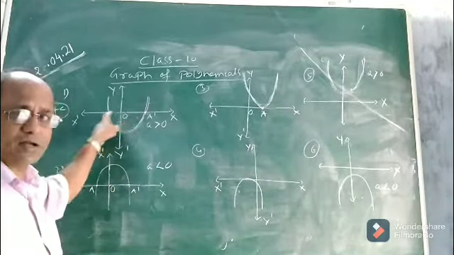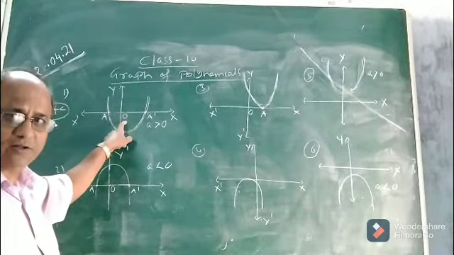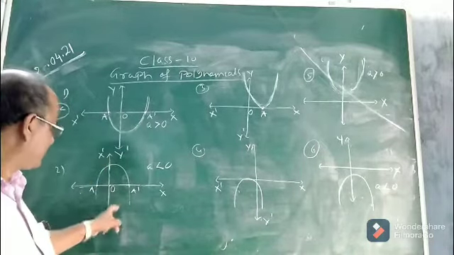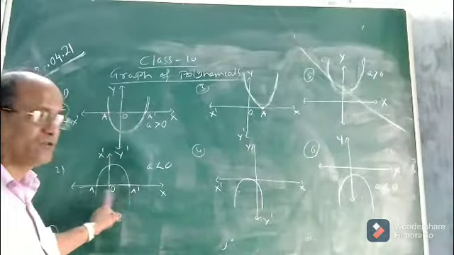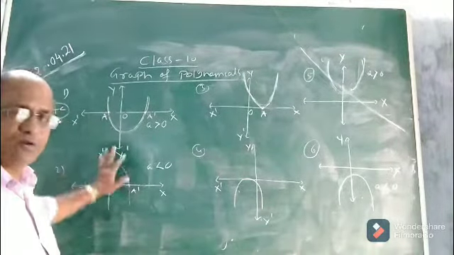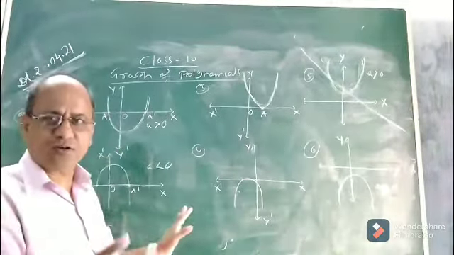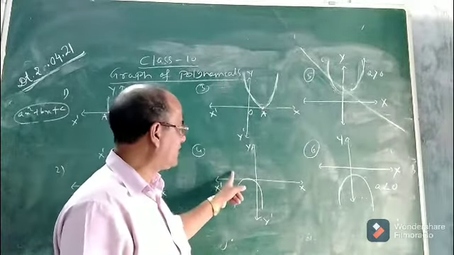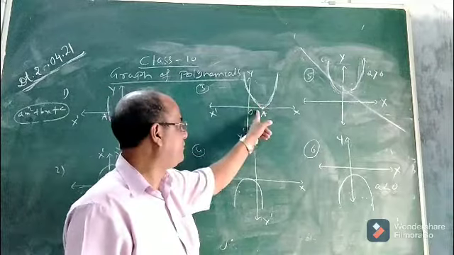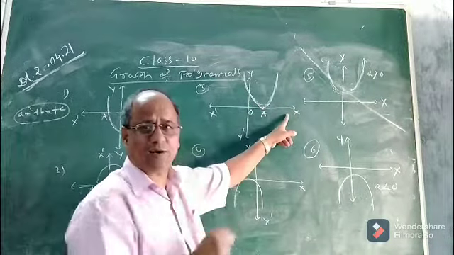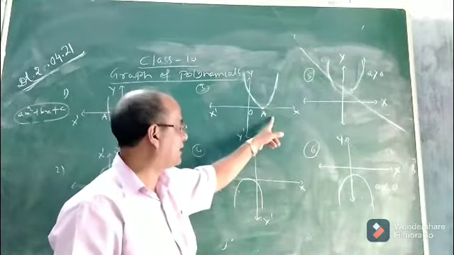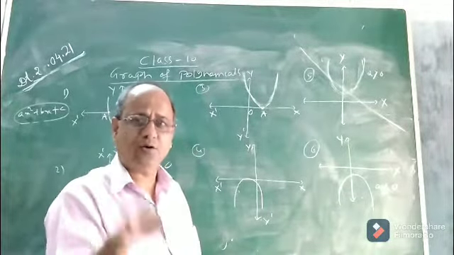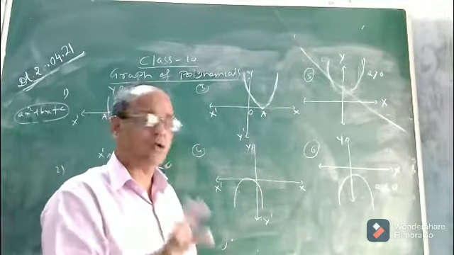Find the x-coordinate. From the graph, you see what is the x-coordinate of these two points. Okay. Similar is the case here, because here also the graph intersects the x-axis in two distinct points. From these two, we can easily say how many zeros there are and what the zeros are. Okay. In these two cases, if you find that the graph touches the x-axis exactly at one point, you will come to know that the given quadratic polynomial will have two equal zeros. That means both alpha and beta will be the same. Okay, it will have the same zeros.